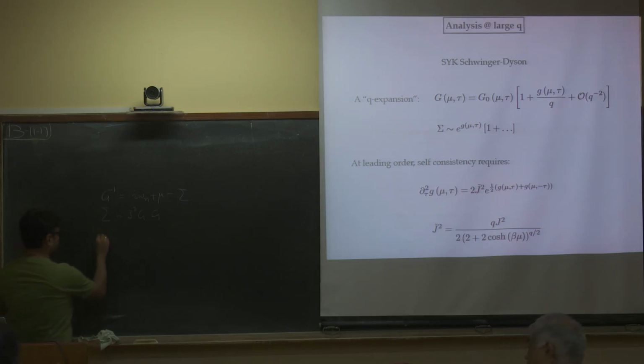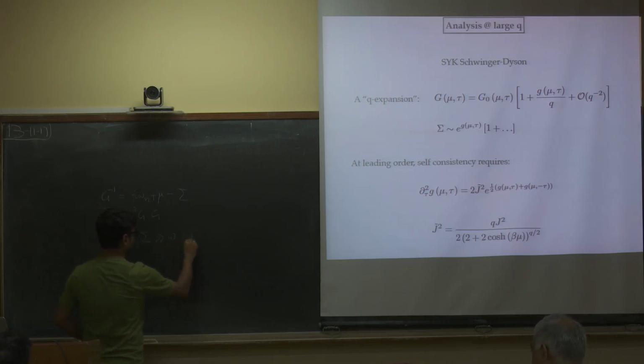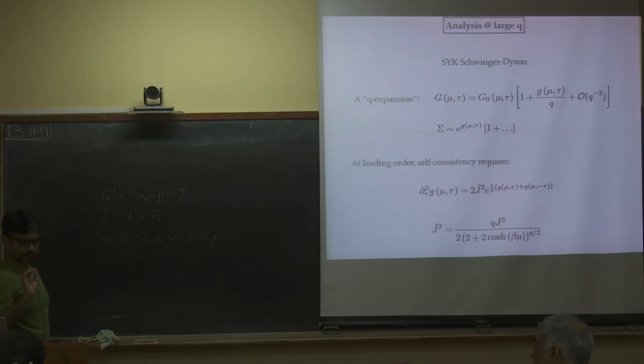Yes. So I can do two things. One is I say I am in the deep IR in which sigma is bigger than omega as well as bigger than mu. So I can drop everything and I get the conformal result. Then of course nothing will depend on omega or mu. And does this happen in